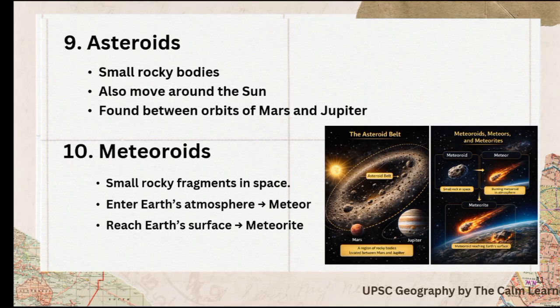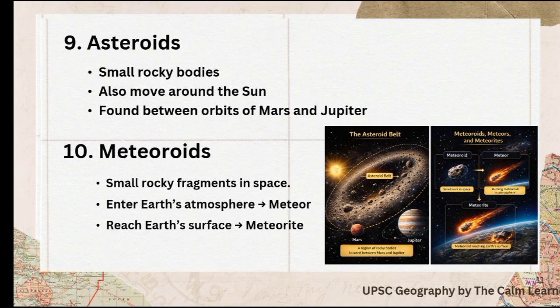So, if we explain the difference between the three words: when a meteoroid enters the Earth's atmosphere, it starts burning due to friction and produces a bright streak of light in the sky. The bright streak is called a meteor, commonly known as a shooting star. If a meteoroid does not burn completely and reaches the Earth's surface, it is